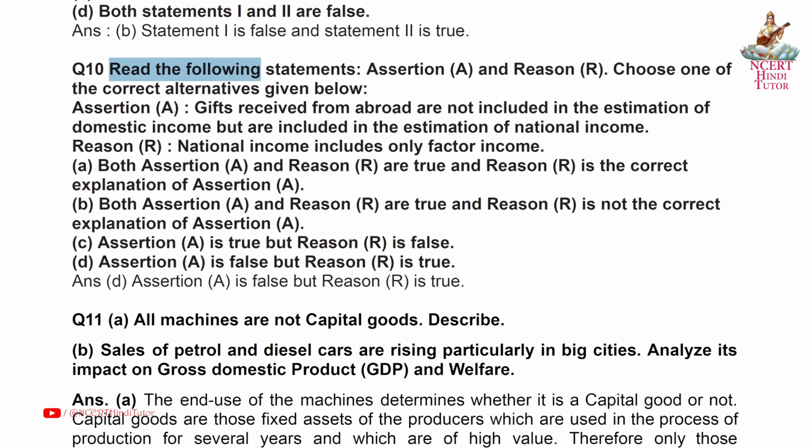Question 10. Read the following statements, Assertion A and Reason R. Choose one of the correct alternatives given below. Assertion A. Gifts received from abroad are not included in the estimation of domestic income but are included in the estimation of national income. Reason R. National income includes only factor income. Answer is D. Assertion A is false but